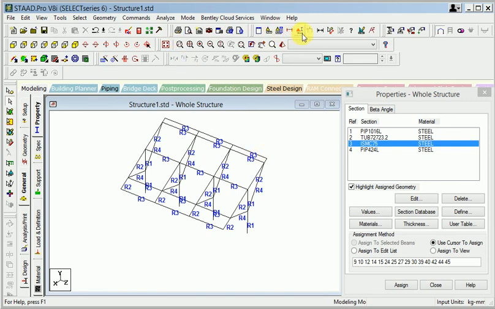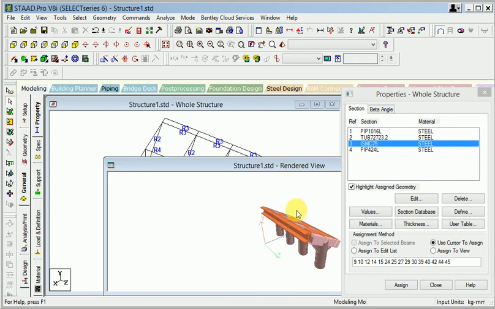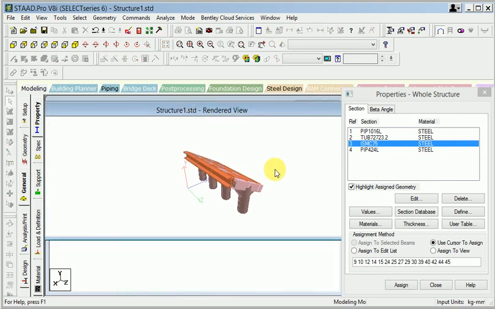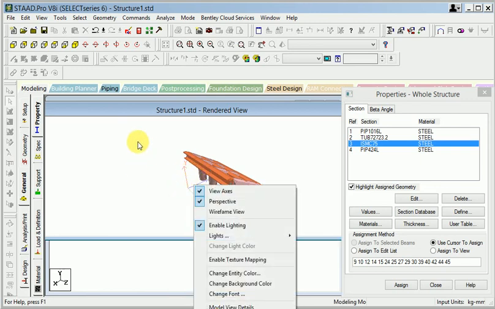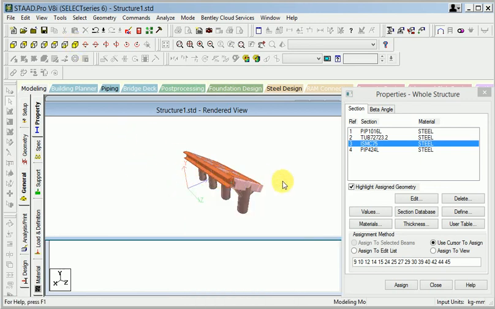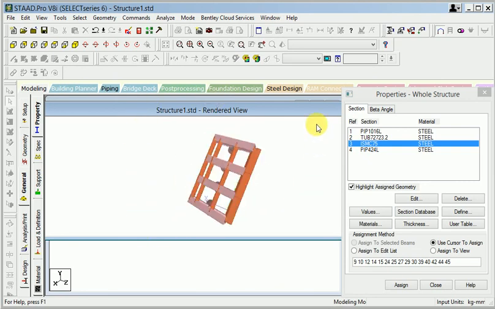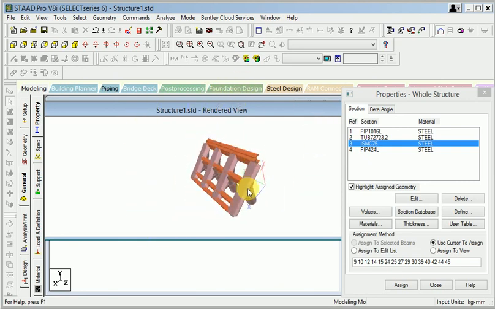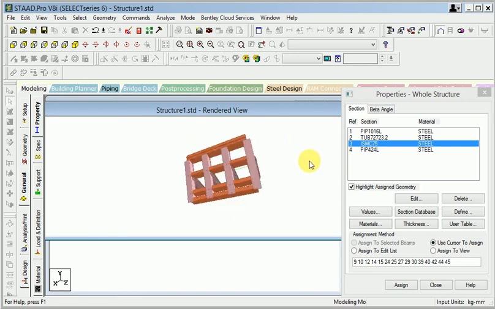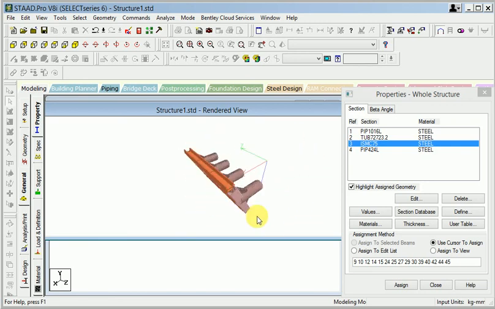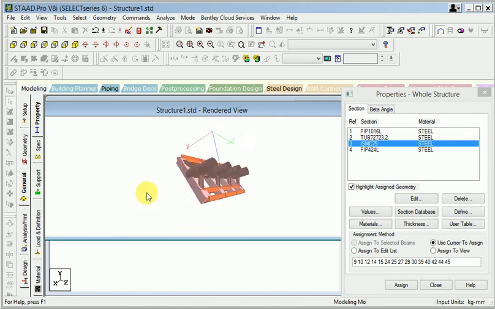Now I will show you the 3D model. Let's see this. Our 3D model has changed for the diagram. This one has been selected from the 3D model in Start Pro.